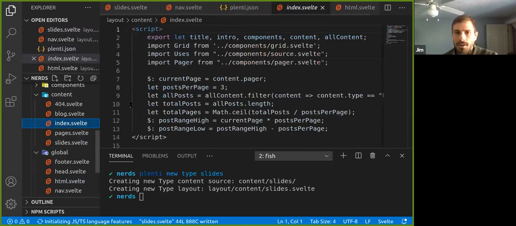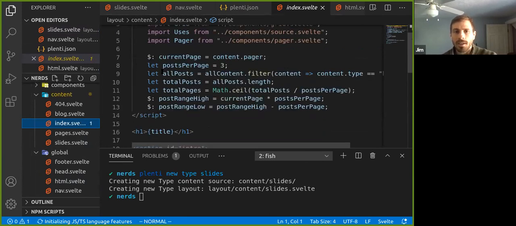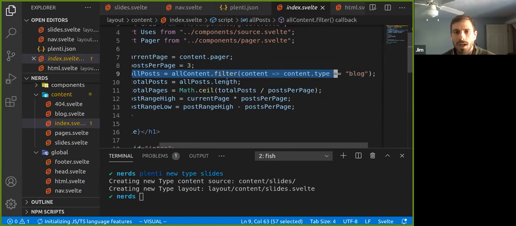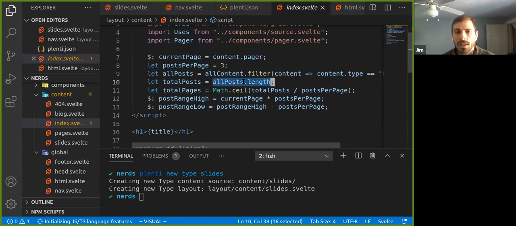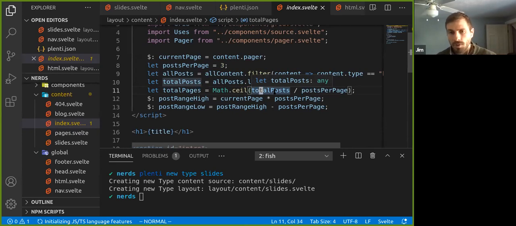So over here in our index file, we did it like this, right? So we decided how many posts we want on every page. So we decided 3. And then we went and we got all the content and we filtered it out by blog post, so we only got blog post content. We measured how many posts we have to find out how many posts we have in total. And then basically we did a math ceiling to round up by dividing how many posts by the posts per page. So basically, if you have 1 post on a page, even though you want to have 3, for the last page, you still need a page for that, right? So you round up, and then that gives us the total number of pages.